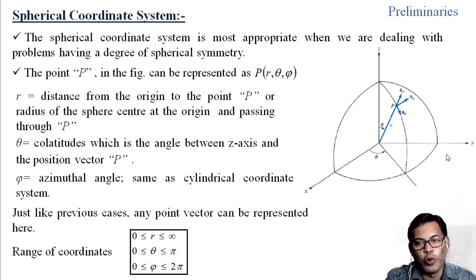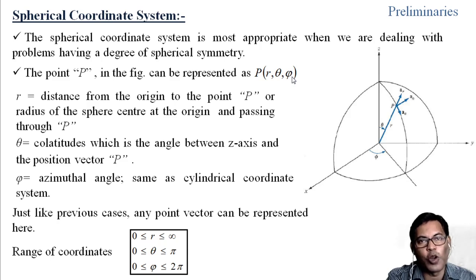So, here we have considered a spherical coordinate in x, y, z. In this Cartesian coordinate system, a sphere is drawn here, and the center of the sphere is the same as the origin of the Cartesian coordinate system. Here the point P is present at the surface of the sphere, and the point P is represented by P equals r, theta, phi. So, here we can see that P is a function of r, theta and phi.